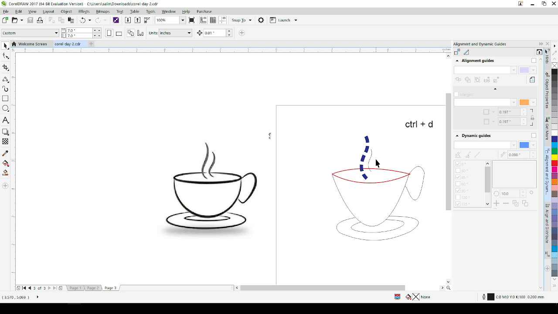Right, any problem with that? With the pen tool and the line color changing and the outline pen? No. Right, so let me quickly